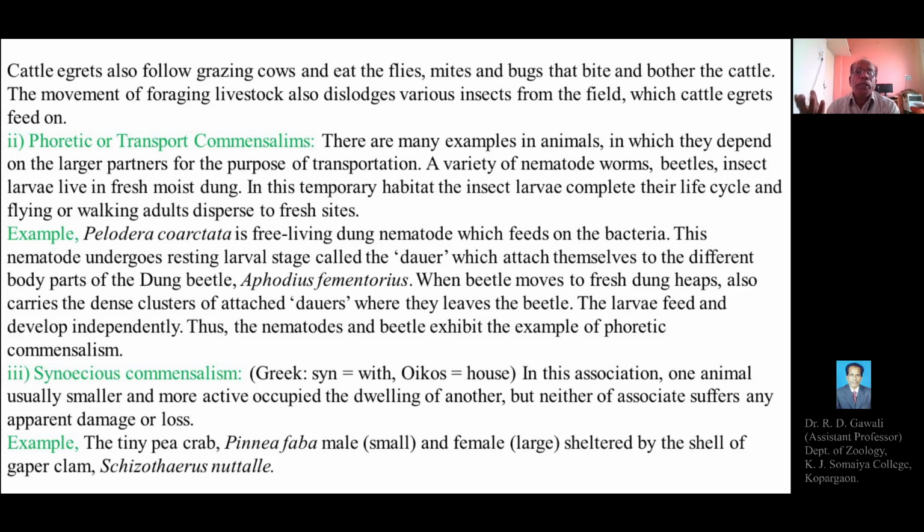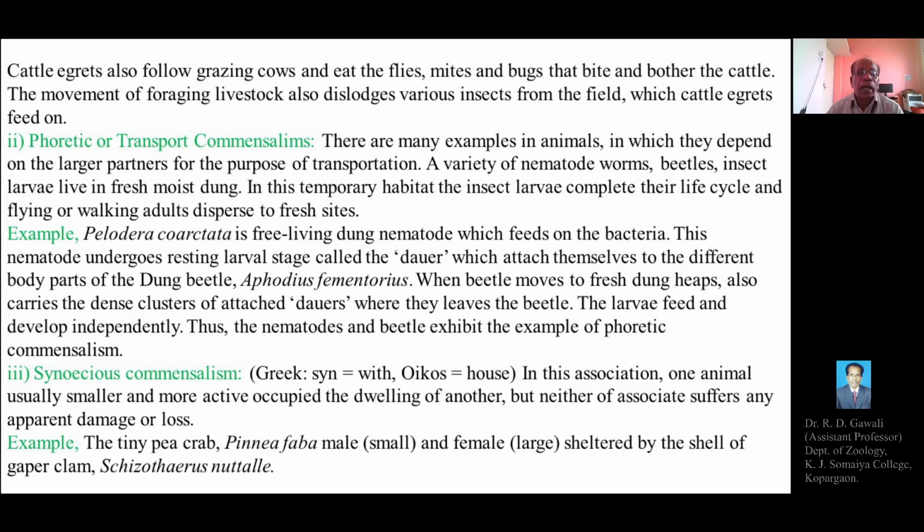one animal, usually smaller and more active, occupies the dwelling of another, but neither of the associates suffers any apparent damage or loss. So this is the association between two organisms, one a smaller animal or commensal, which lives in the dwelling or habitat of another organism, but neither of the associate or the host suffers from any injury or any loss or any damage. For example,